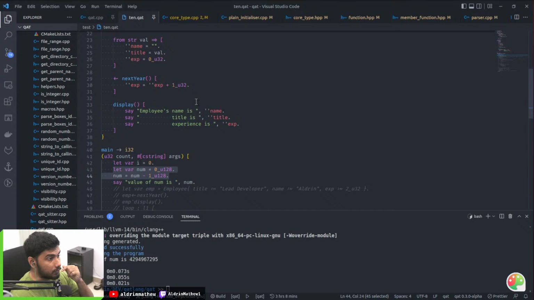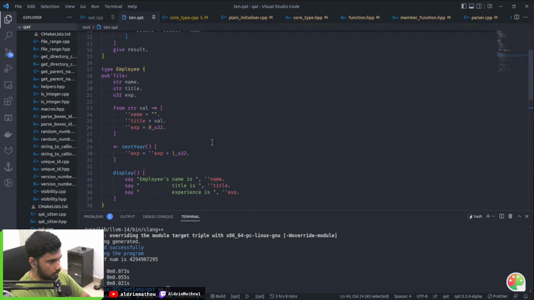So that's that, and support for references has been done. I guess basic support, because I haven't tested it enough. References follow the same model as C++, that once you initialize it, you can't rebind it.